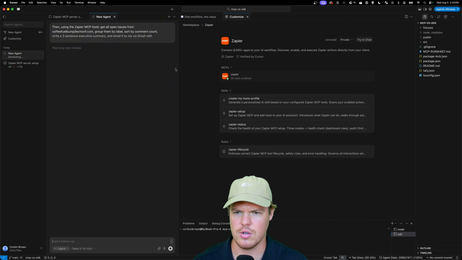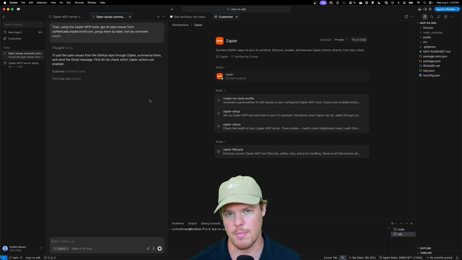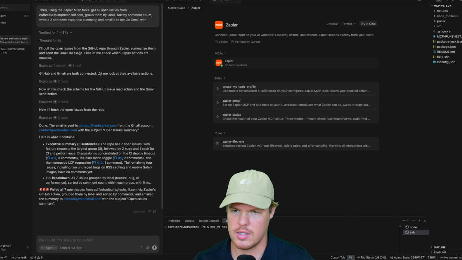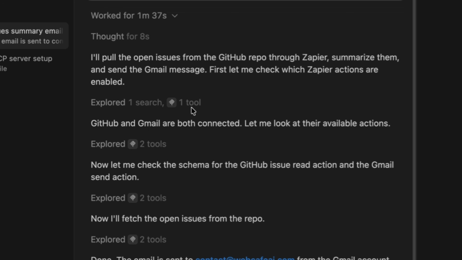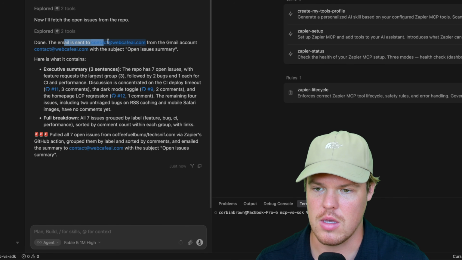And I'll hit enter. So this is the initial, if I'm running this through MCP, this is where more token burn is incurring because of the fact that this chat had absolutely zero context of anything. It'll be able to give me the same value point, and what I care about is just going to cost me more money. So here's a live run, and what you'll notice is, as I said before, it's going to search, it's going to use a tool, add context, and then it gave me the end deliverable of the email being sent to